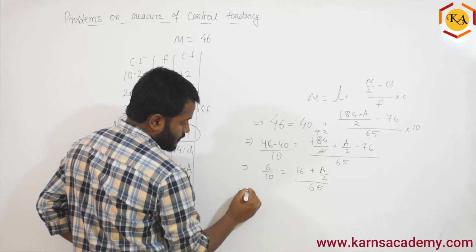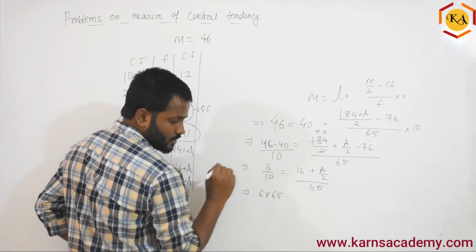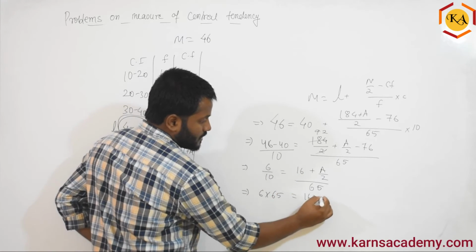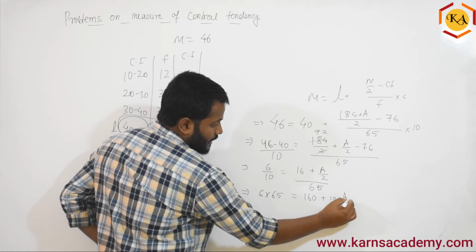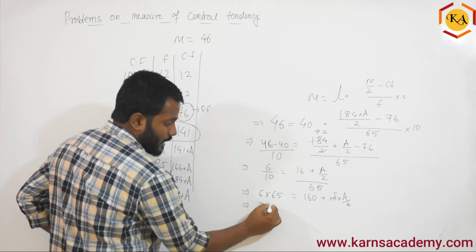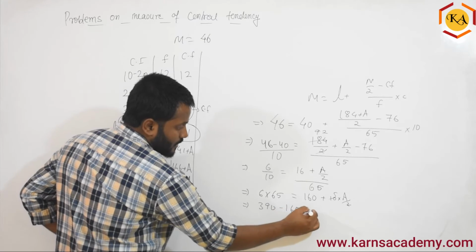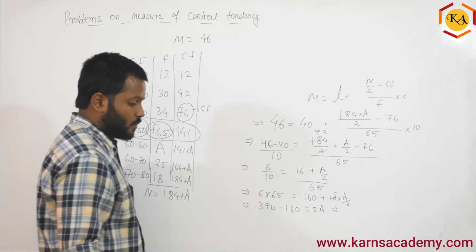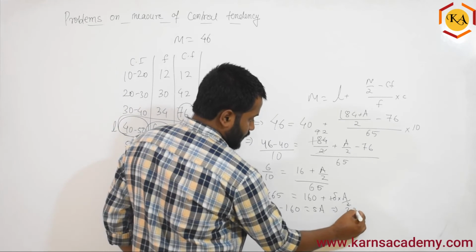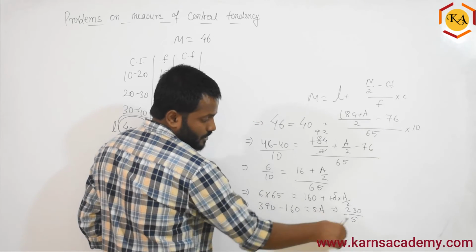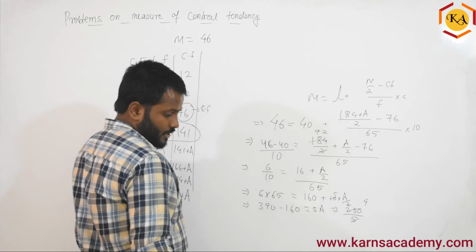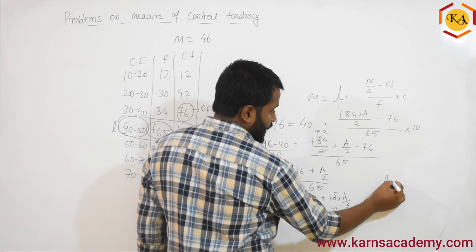If I cross multiply here, what will happen? 6 into 65 equals 10 into (16 plus a by 2), which is 160 plus 10 into a by 2. So I can cancel this, 2 5s are 10, so 5a. 6 into 65 is nothing but 390, and if I take 160 to this side for subtraction, 5a equals 390 minus 160. If I do that, you will be getting 230 divided by 5, because 5 is in multiplication, if you send it to the other side. So if you cancel this, 5 4s are 20 and 5 6s are 30, which means your a is equal to